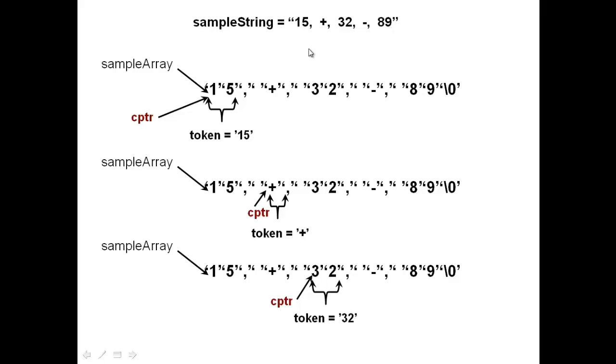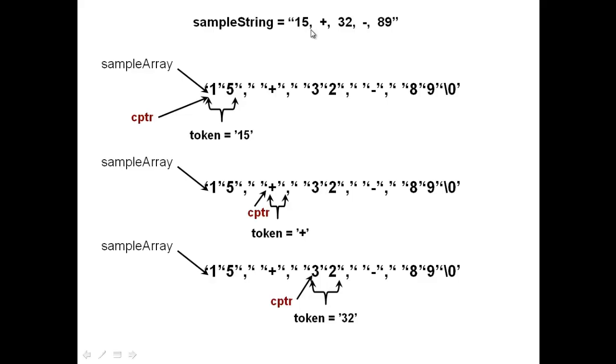You don't want it to be extracted in any other way, in the sense that you don't want it to be extracted as 1 and then a 5, then of course plus is plus, then you don't want it to be like 3 and 2 separately and so on. So in order to tell our program that this is the way I want the tokens or the contents to be extracted from the string, we have to specify what are called delimiters within that expression, within that string.